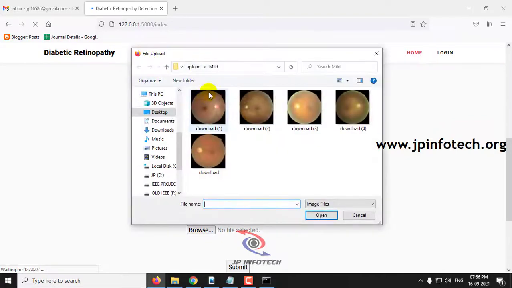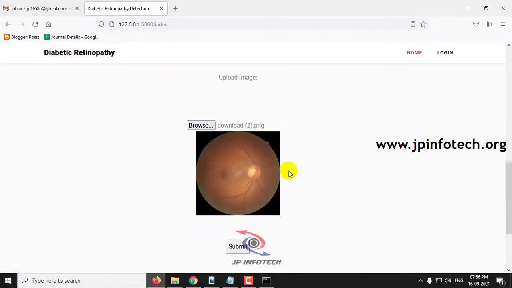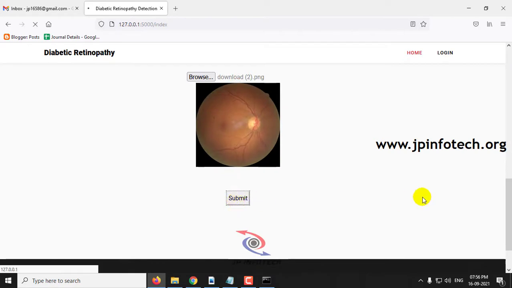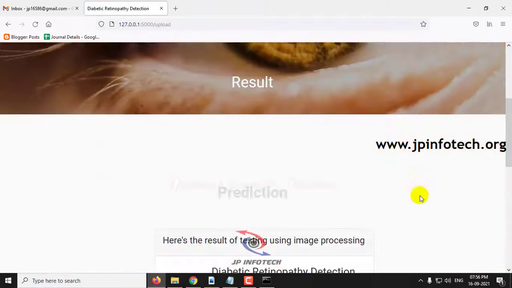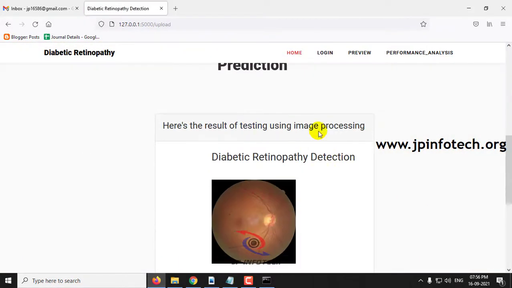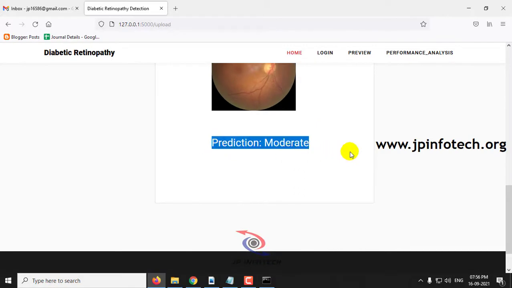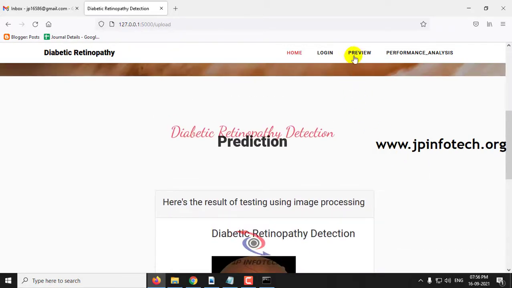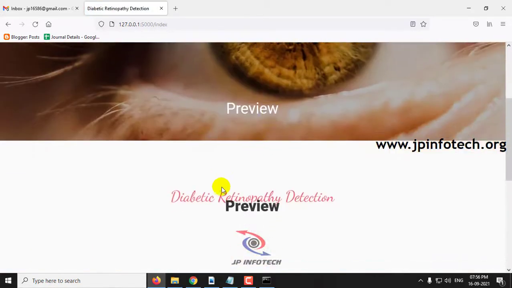Now let me go to another class, moderate. Let me select any of these and click the submit button. Here you can see the prediction result is moderate. Let me click the preview part again.